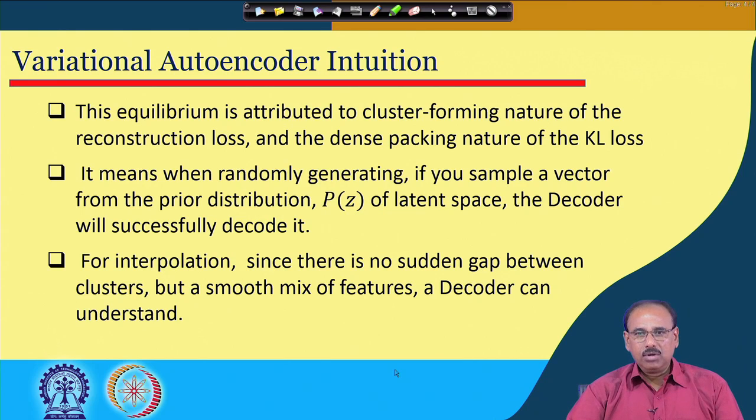And because all the distributions are very close, it is in a continuous form. So, if I sample a vector from that latent space which was not used during the training process, the decoder can give you a reconstruction which is basically an interpolation of two different samples